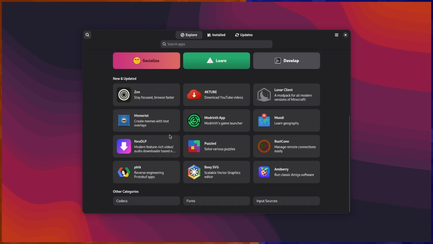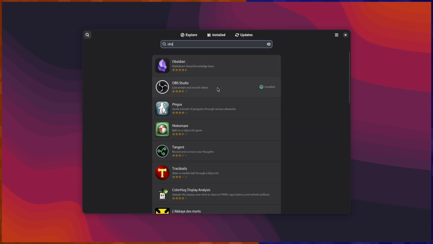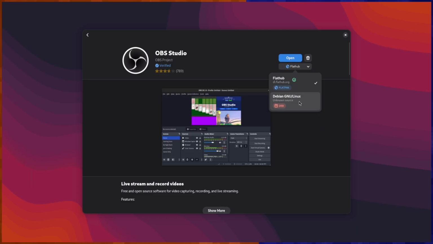In the last video I showed you how to set up Flatpaks in the software store so you have most things available to you on Debian Linux. Now I'm going to show you how to enable the non-free repositories so that for stuff that isn't super big like OBS, you actually get these Debian options as well,